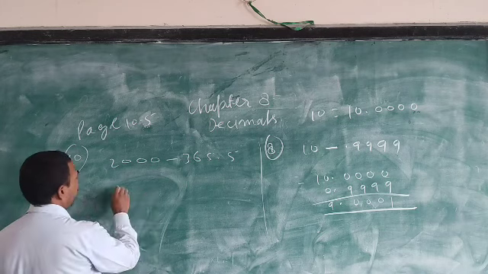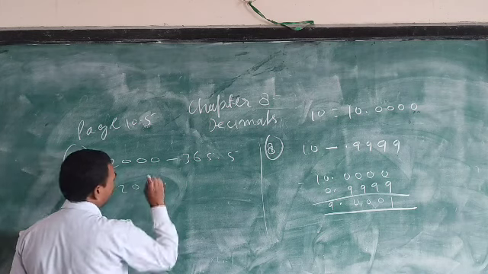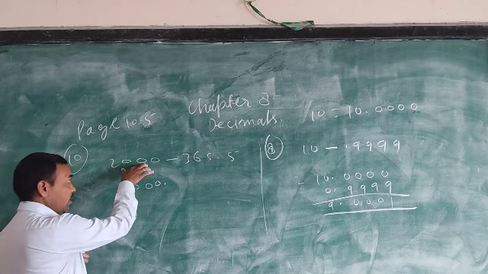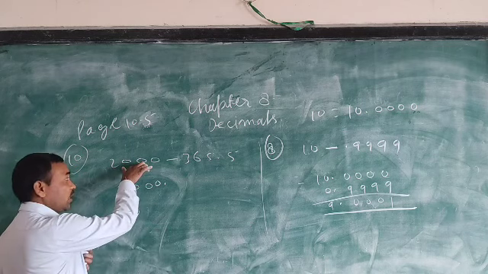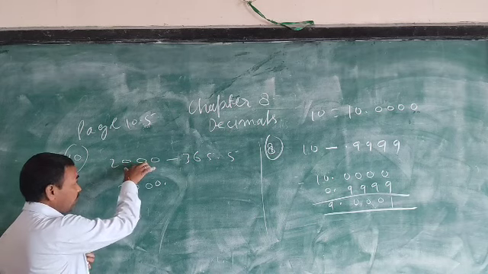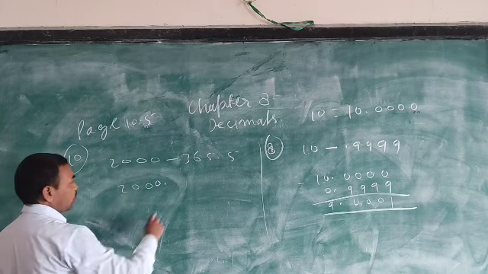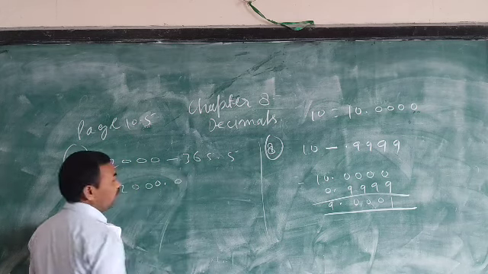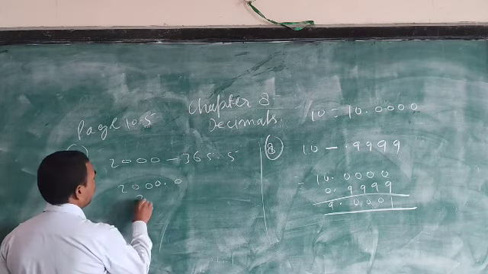I want to show how to write any whole number in decimal form. At the end, you should write a point. When the point is not shown in this number, it means there is no point, but if any number is like in the previous question, no problem. 2000.1, because there are no decimal places. So you can subtract